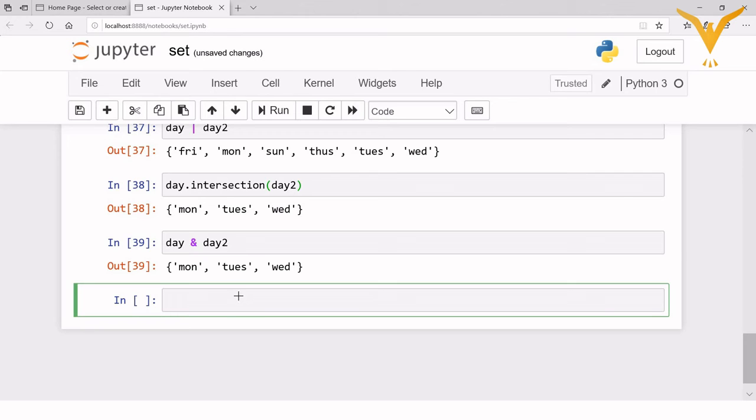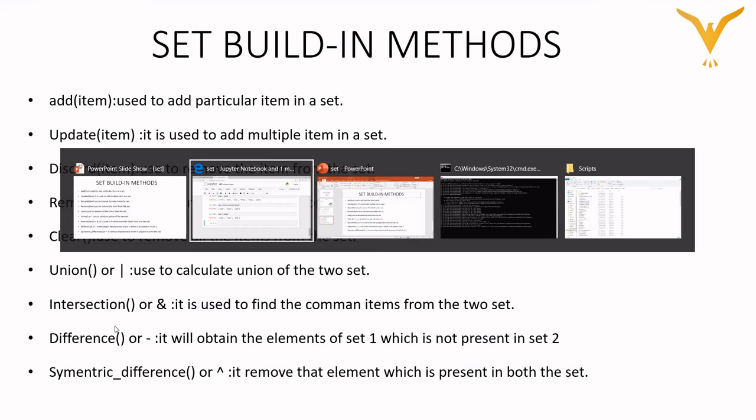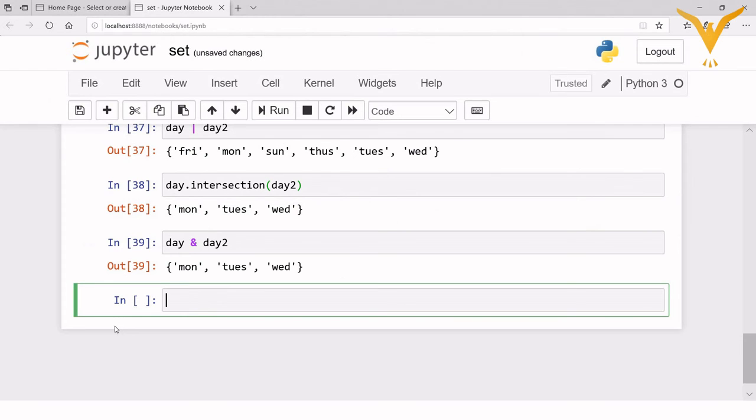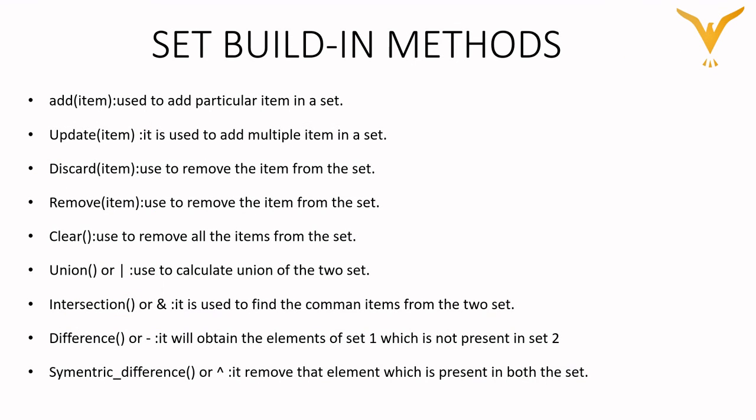Then we have the difference operator, or you can say the subtraction operator. For difference also we can write it as day dot difference and day 2. So it will give you Thursday. What does the difference operator do?